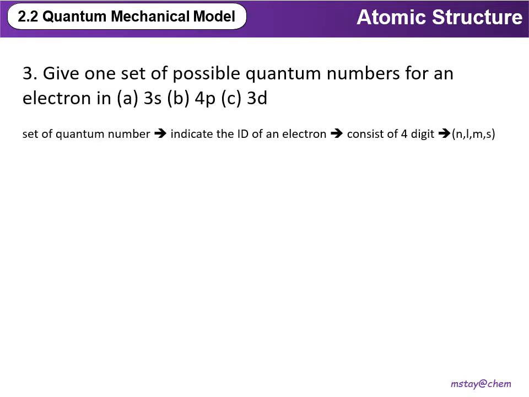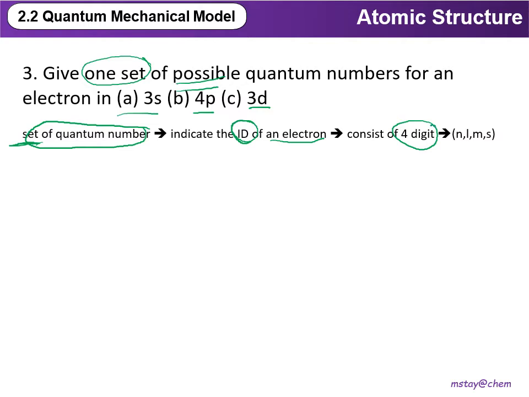Question number 3: give one set of possible quantum numbers for an electron in 3s, 4p, 3d. Okay, set of quantum numbers. Again, quantum numbers mean the ID number for an electron. And this ID number, when mentioned as a set, means that it will consist of 4 digits, which represent n, l, m, s